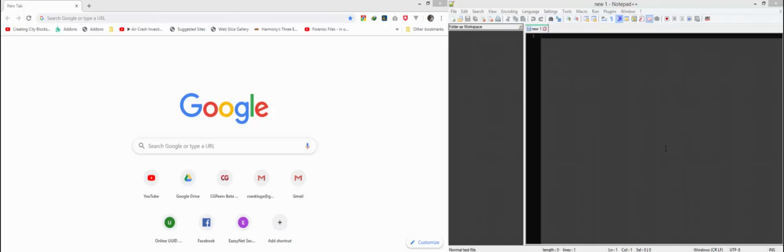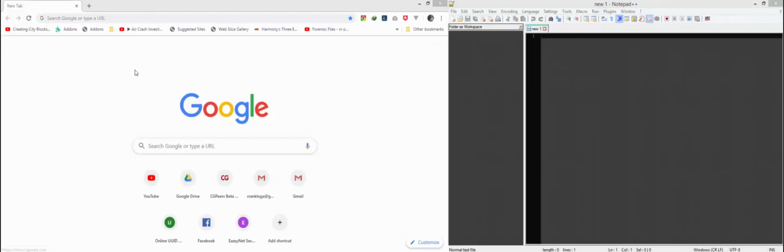Today we're going to set up for Notepad++. I have my browser here and I also have Notepad++ here. The first thing we're going to do now, do not worry, almost the process is the same like we have been doing in Visual Studio, and same we shall be doing